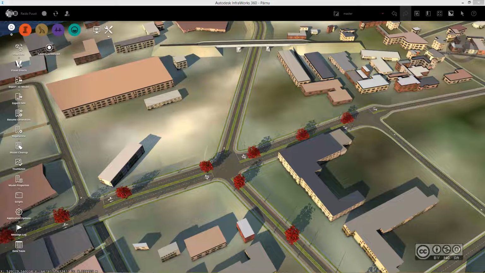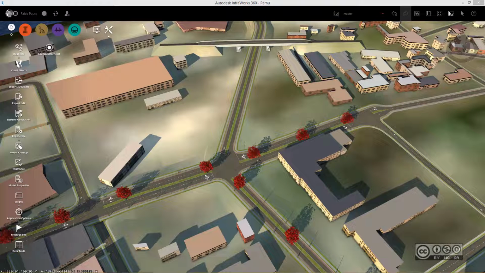Of course, the main idea of this video is to show that while starting from InfraWorks 360, you are able to carry over your design effort into Civil 3D and continue there with detailed design. So I start from InfraWorks 360, where I carry out some preliminary design in terms of new road project. If I connect several roads into one location, I automatically get an intersection object.